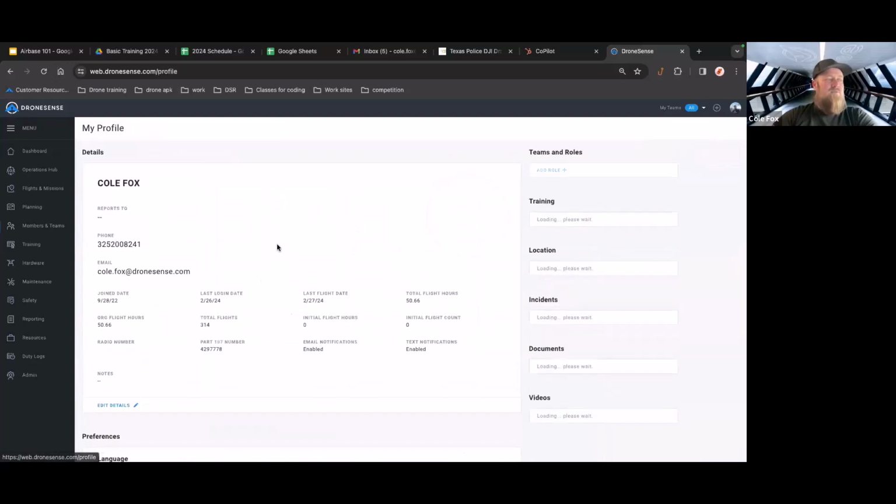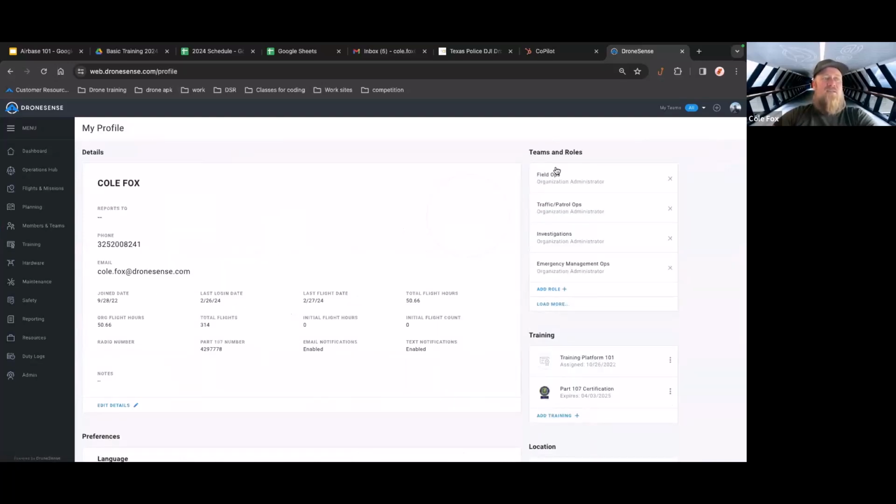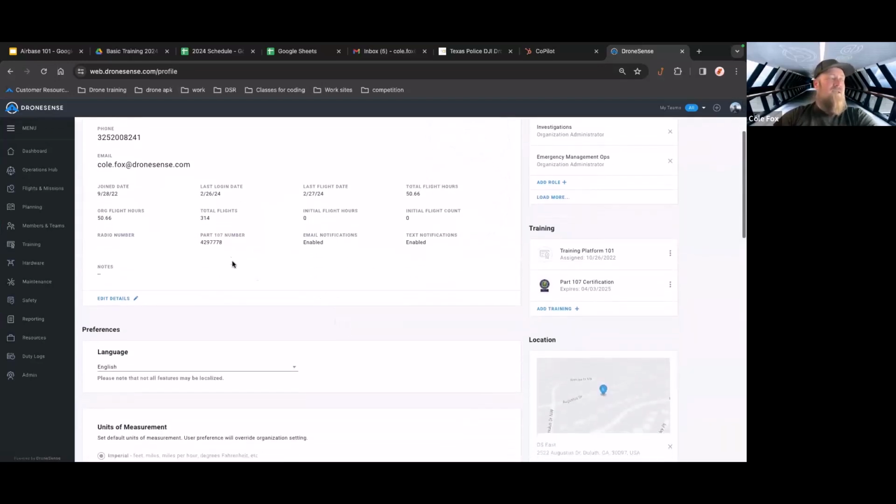Now, inside of here, we can actually track any of our trainings on our pilots. We can display who they report to, phone numbers, email addresses, last login, last flight, total flight hours, org flight hours, and total flights. And you can put in those initial flight hours and flight counts, their radio number, and whether or not they have